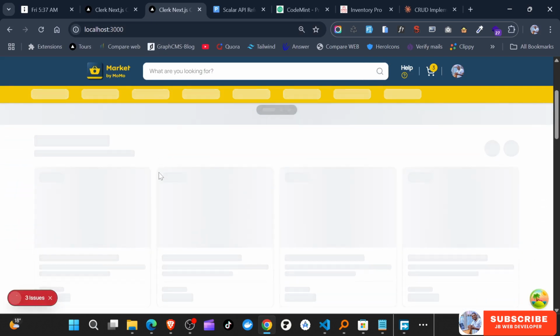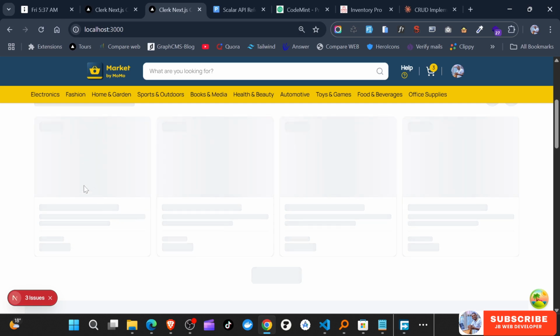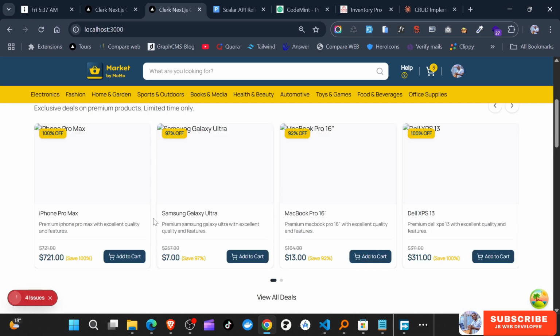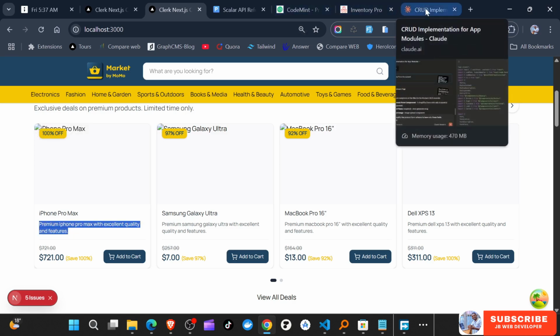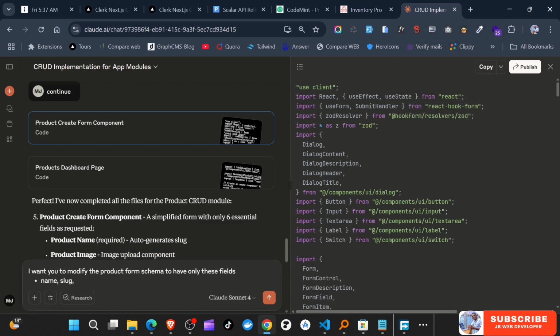We need the basic data to display like a deal product here. So we just need this, and you can see there is also the product summary. So I'm just going to say here we need the image URL, we need the slug, we need the summary, we need the price